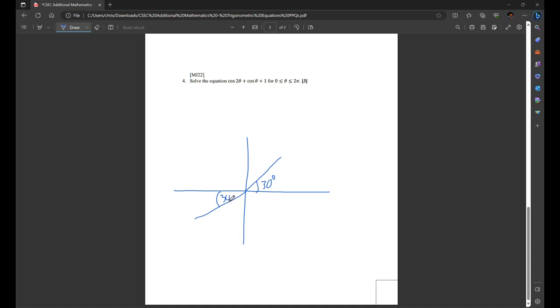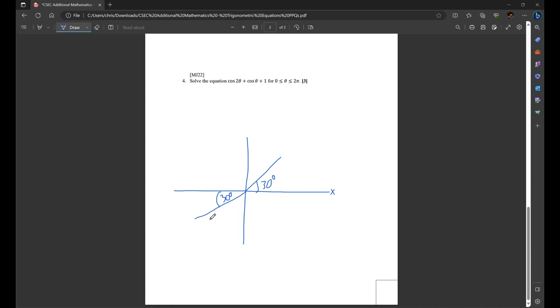Oh, also, one thing that I didn't say earlier: angles are always measured from the x-axis, which is this, in an anti-clockwise direction. That's how you always measure angles for the purposes of your CSEC exam. So if I want to get the angle that's 30 degrees from the x-axis in the third quadrant,